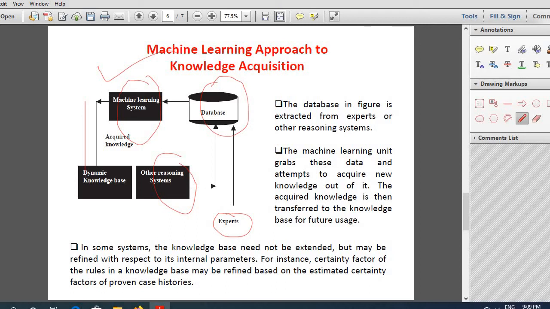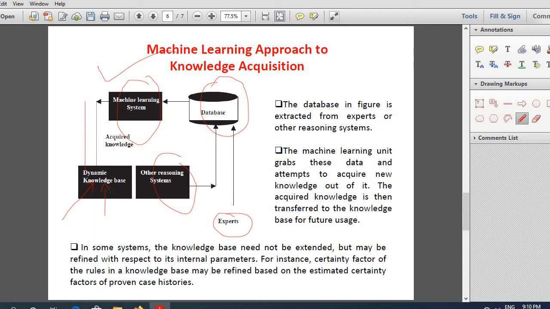If the knowledge base is in the form of if-then rules, if so and so happens, then so and so happens, the rules needn't be added again and again. But most probably, rules will have to be updated or refined. The meaning of that is that each of the rules in the knowledge base or rule base will have some certainty factor, that is, how certain or true that rule is.